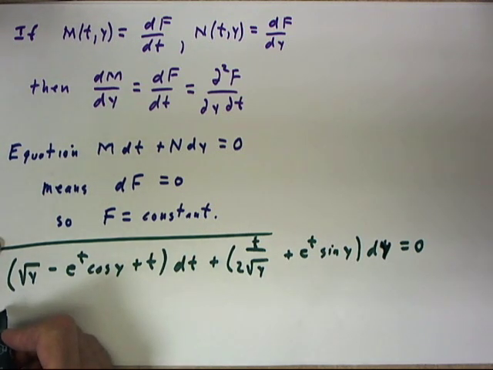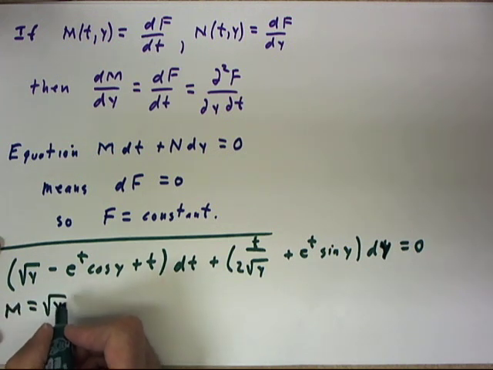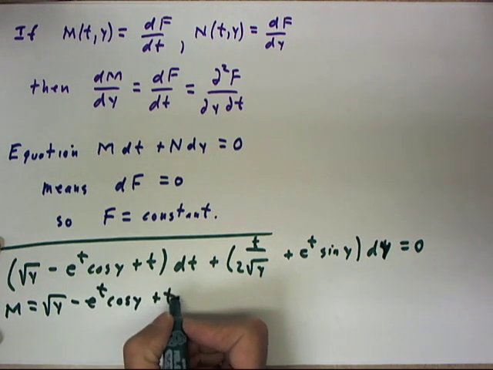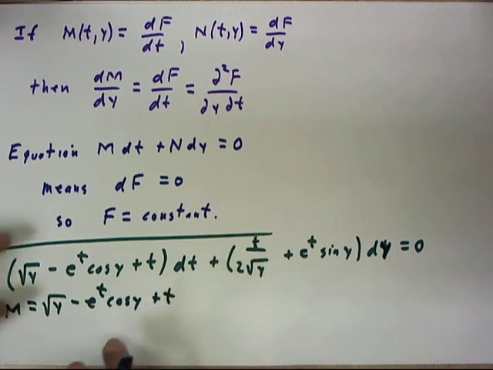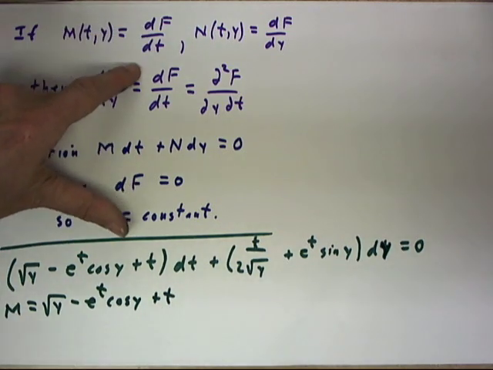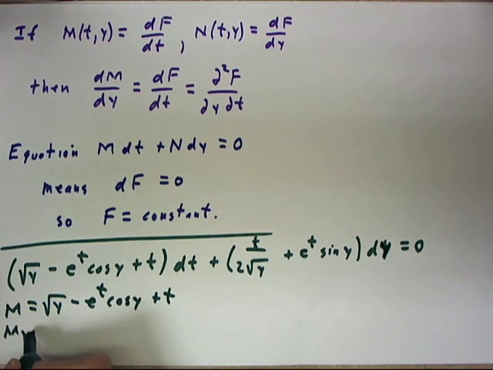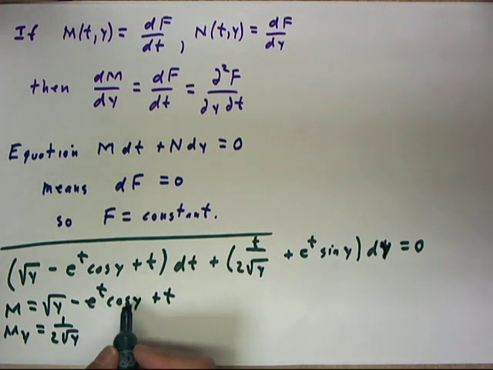Now, if this is our m function, whatever's in front of the dt will be the derivative of f with respect to t. You can review previous clips and look at your text and see why that's the case. Then my is what? Well, square root of y, derivative is 1 over 2 square root of y. E to the t cosine y